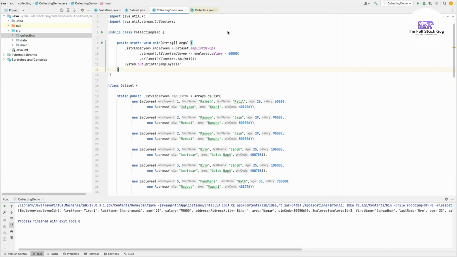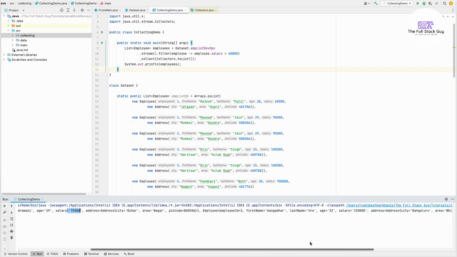Sorry guys, I have a really bad throat. So I got one employee, Chandramani Tiwari, who has salary 75,000, and we have Gangadhar, who has salary 1.5 lakhs. Simple, very simple. But in this, the problem is